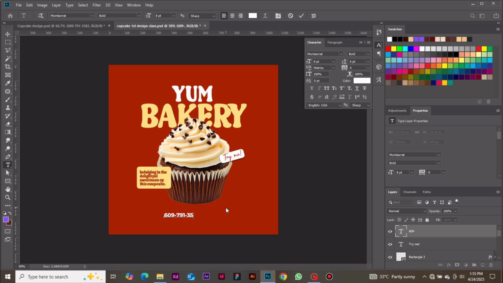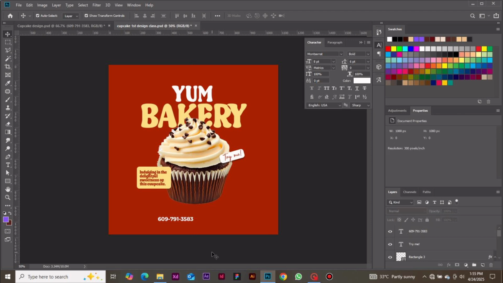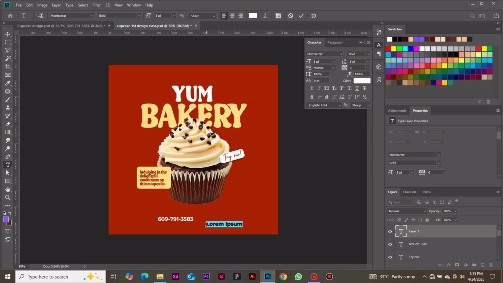So this is the number we want to use. So after typing it in, you click on this check, and after that you move your phone number down. So you see where the smart guide is showing us that we can place it. So we can place it here. And after that, let's type in our website. So we can click on the screen and then type in